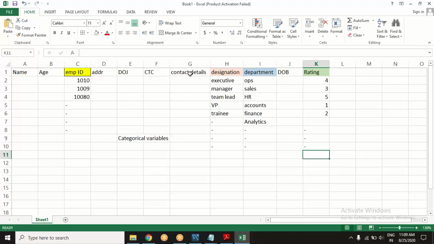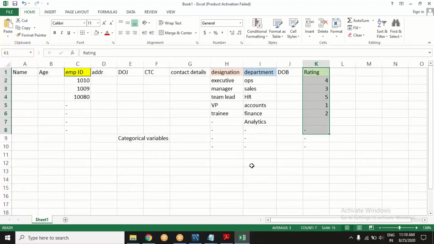What is the rating these people have achieved? Think about it. Depending upon the rating, I can categorize my population. I can categorize my population as these are my 1 rated employees, these are my 5 rating, these are my 3 rating employees, and so on. Yes, there is category. Is there order in these categories? What do you think? Yes, there is.